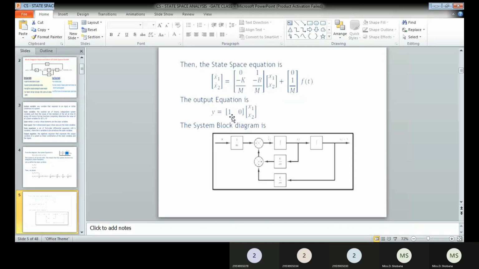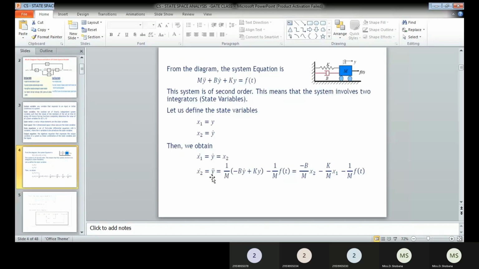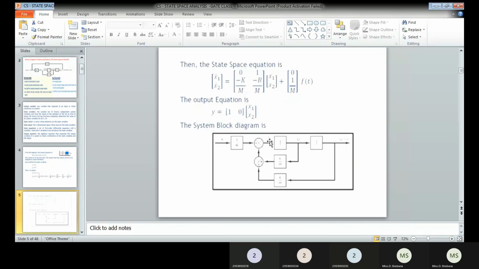Okay, so by having these two, the state equation and output equation, you can also draw the state diagram. So here, how many state equations are there? Two state equations are there. Therefore, two integrators you have to draw. Before each integrator, the input will be the state equation and the output will be the state variable. So before that you have to draw an adder. In this adder, you can see only the x2 dot of t is the input. Therefore, the first integrator will have x2 dot.